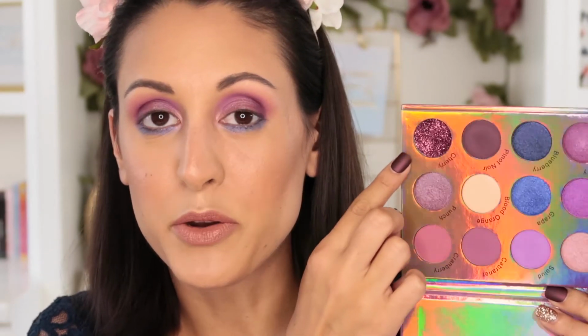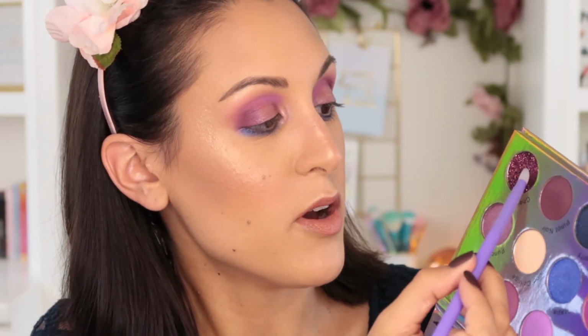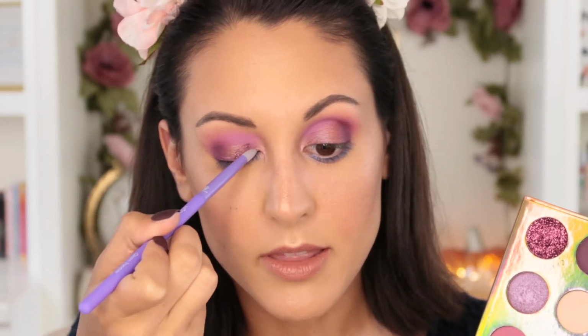Now, technically the glitter in this palette, which is the shade Cherry, does have a little bit of binder in it, but I always like to have a little extra insurance with my glitter so I don't get fallout all over my face. So I'm just going to put a little bit of a sticky primer on my lids first. Just gonna tap that on with my finger. So now I'm gonna go into the glitter, and again, you don't really need to press hard. You want to be pretty light-handed with this because you're going to pick up quite a bit of product. And then I'm just going to swipe it with the applicator